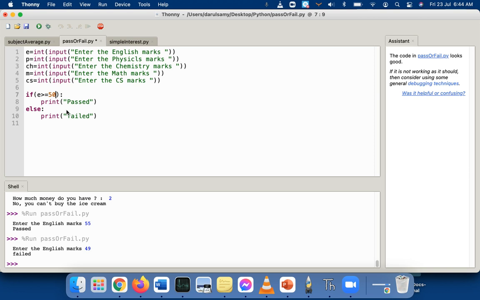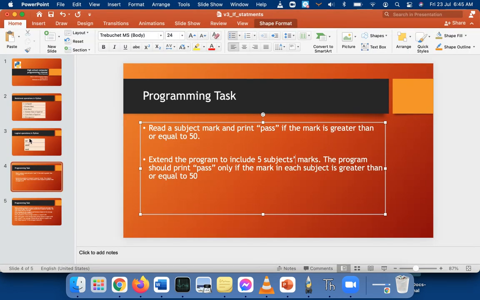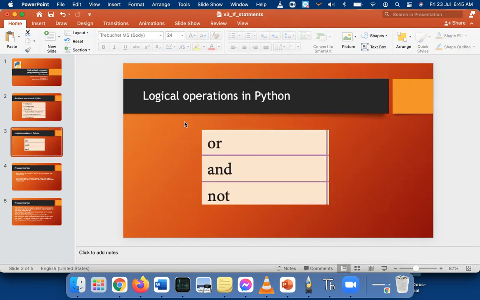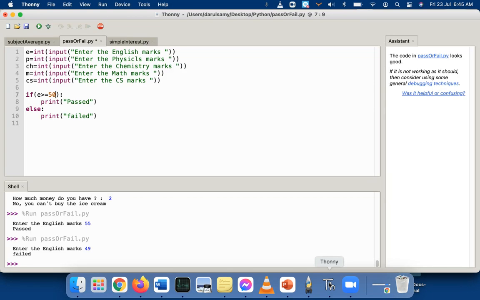To combine the conditions together, we have something called logical operators. You might have seen them here. There are 3 logical operators. The first one is or, and, not. Okay, I'm going to use and here. The reason is, to pass an examination, you should get 50 in each subject. That means you get 50 or more in English, and